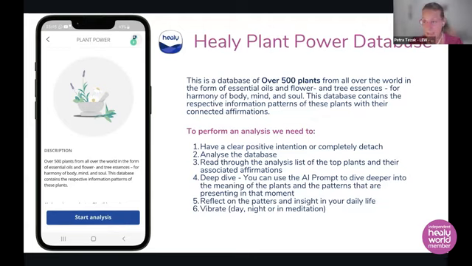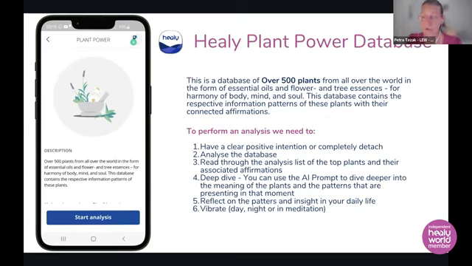And then when the analysis comes up, it shows you the top 5 plants that are in the highest resonance for you right now, in this moment. Ideally, what I would love you to do is dedicate to this scan for at least a month. So maybe scan every week and see the patterns that arise, and journal on things and see what is coming out as the main point of what needs to be worked on.